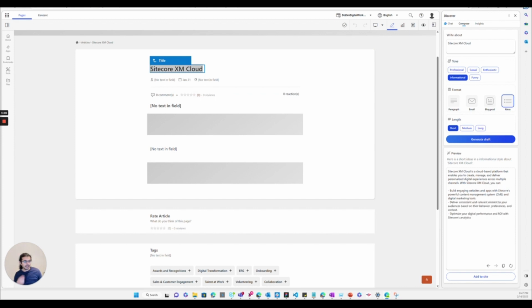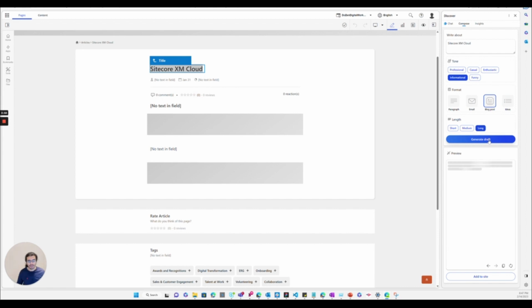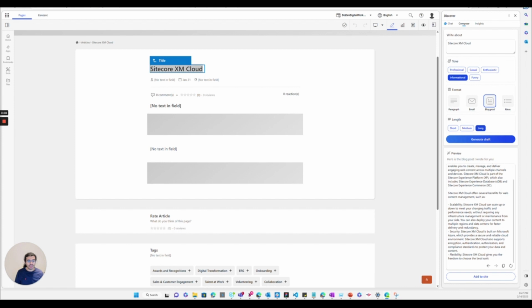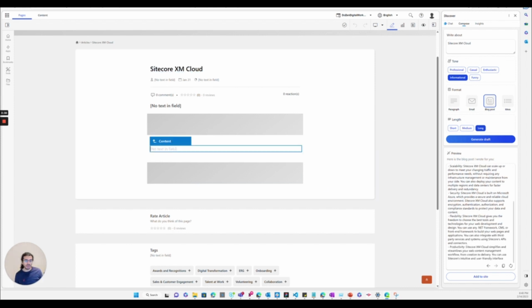As I can see here, it's creating some ideas around Sitecore XM Cloud. What if I want it to actually generate a full blog post around it? Let's try that as well. You'll see here it's writing it also in markup. This is pretty cool because having it in markup makes it much easier to copy into content. However, of course, if you know Horizon or Pages, they don't really work with markup right now, but again, it's a great start anyway.